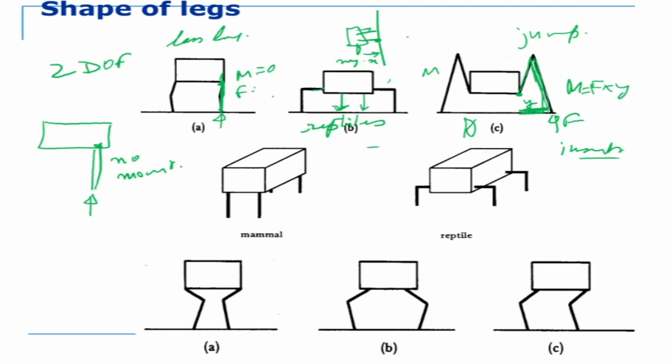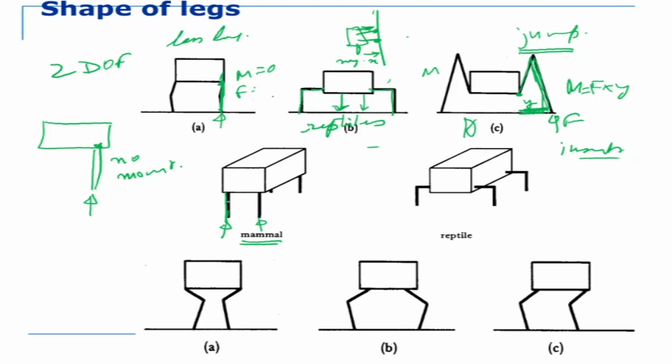So the reason why the legs of a reptile or a lizard are like this is twofold. Number one, it needs to climb vertical surfaces, so it needs to maintain the body close to the surface, so that the torque requirement at the contact point between the leg and the surface is less. In the case of insects, they need to jump and escape. That is the reason why the moment arm is large, so they can produce very high torque and suddenly move and change directions. What about mammals? The reason is the same. The force goes straight through here and it goes through here.